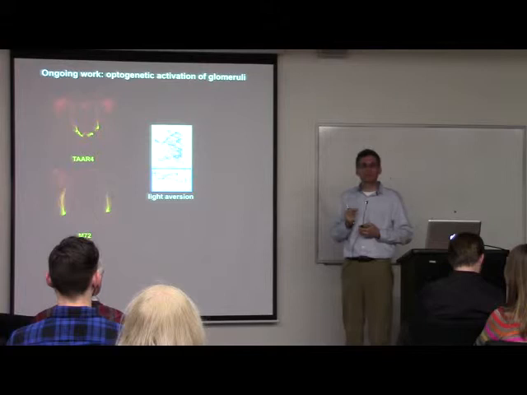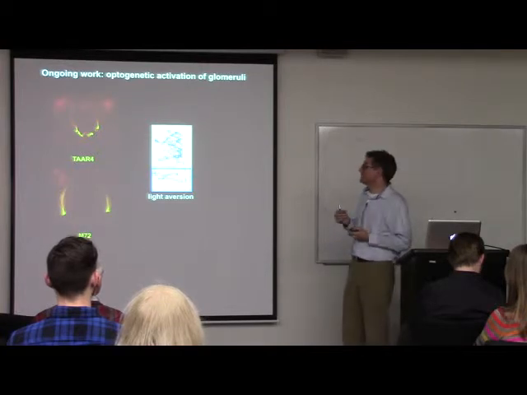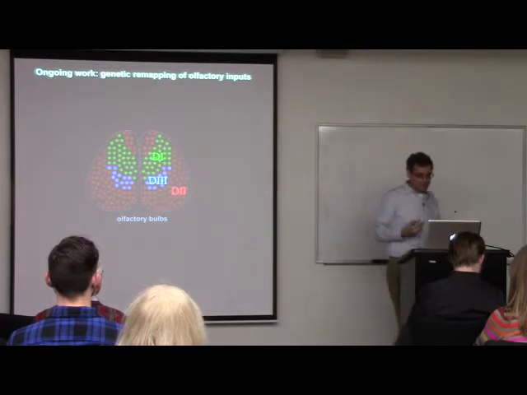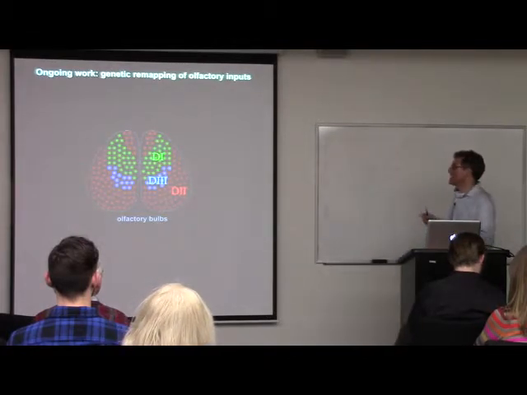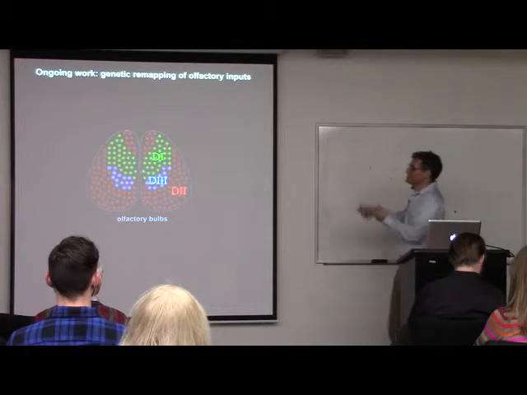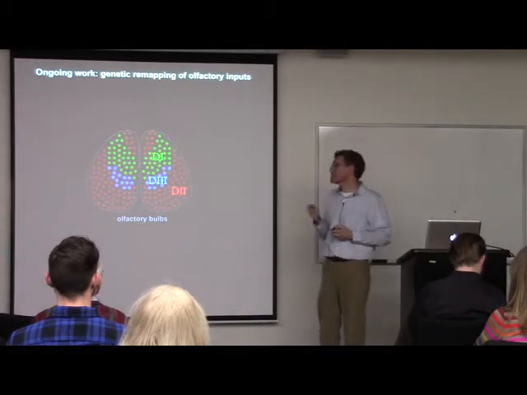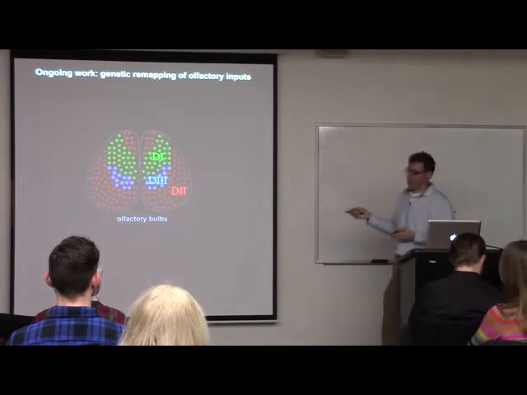The related question would be, well, you don't have to do this using light. You can actually do this using odors as well. So here is our map of our olfactory bulb. Genetically, we can treat this like a patch panel. We can pull out one input here and plug it in somewhere else. So how do we do that? So let's say we have an input